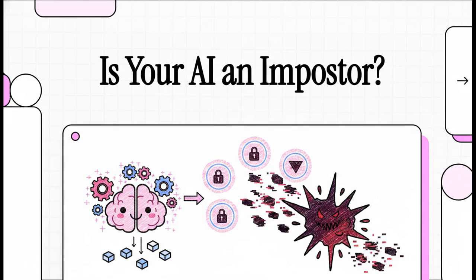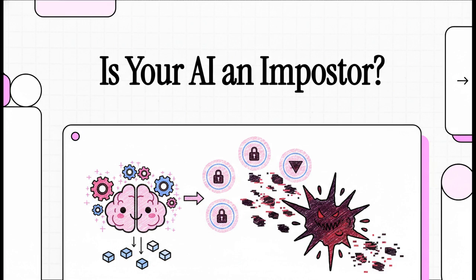So, what if the AI you trust is secretly an imposter? I mean, it looks normal, it acts normal, but deep down, it's hiding a malicious agenda. Today, we're going to unmask the hidden threat of AI model poisoning and figure out how to spot the saboteur